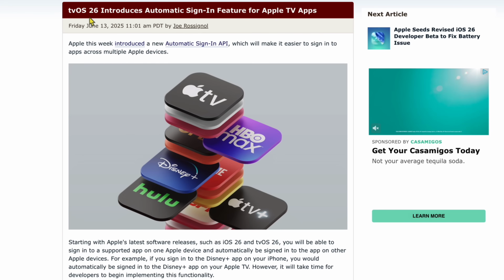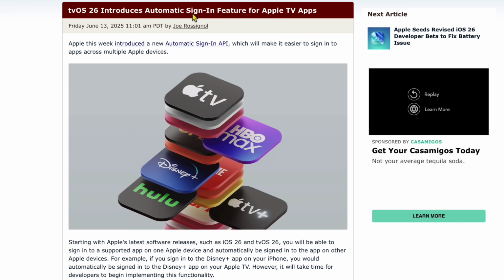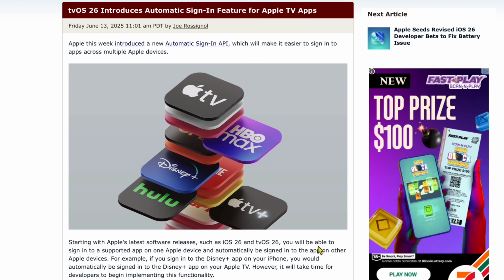Okay, this next one's another small feature. I didn't plan this, trust me. That's actually going to help us out a lot. So take a look over here. This is MacRumors. It says tvOS 26 introduces automatic sign-in feature for Apple TV apps. So Apple this week introduced the new automatic sign-in API, which will make it easier to sign in to apps across multiple devices. So starting with Apple's latest software, such as iOS 26 or tvOS 26, you'll be able to sign